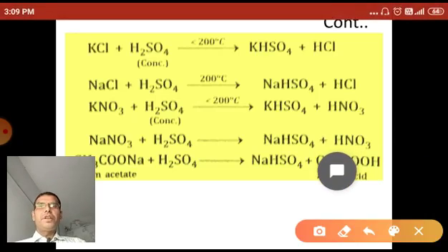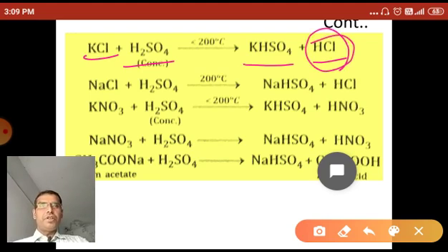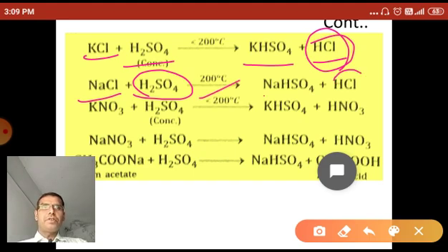As for example, when KCl reacts with conc H2SO4, heated to less than 200 degrees Celsius, it forms potassium bisulfate and HCl acid. HCl acid is a more volatile acid than sulfuric acid. Now sodium chloride heated in the presence of conc H2SO4 at 200 degrees Celsius forms HCl, and sodium